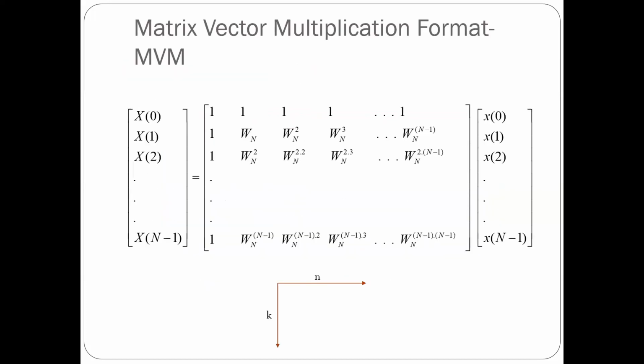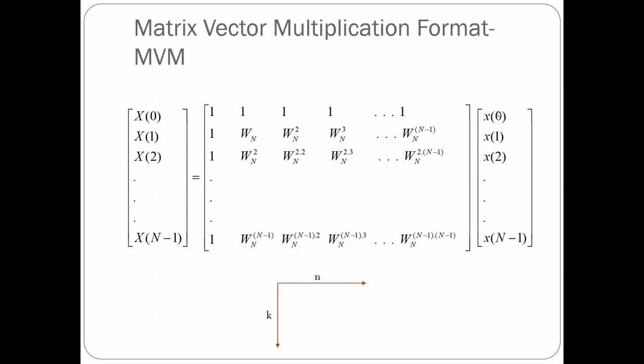Now you will be able to represent this in a matrix vector multiplication format. This multiply and accumulate operation you can now represent in the matrix vector multiplication format. We call this MVM for short. This is very important because especially when you start looking at some journal papers on DSP, you might mostly find these kinds of matrix vector multiplication formats. Like for example,